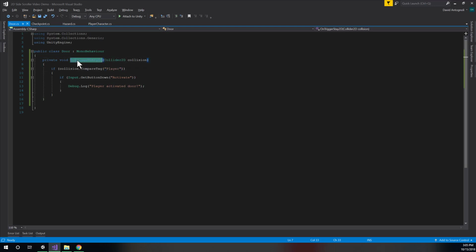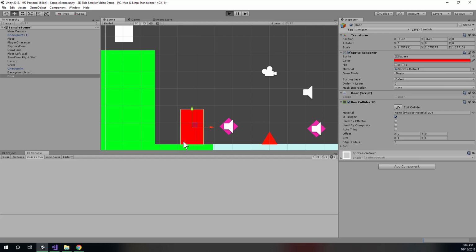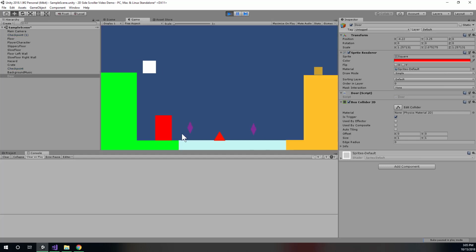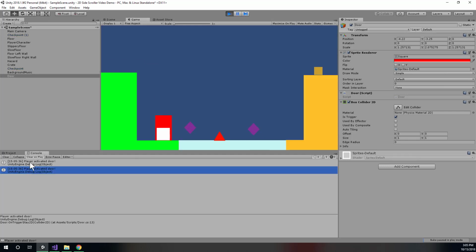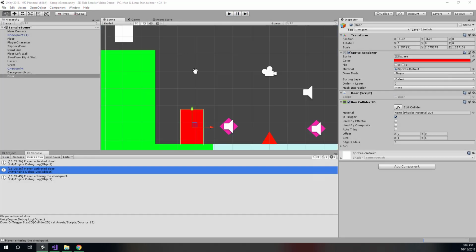So since there are two, that is why it's actually getting called twice whenever I activate the door here. It may not actually cause you problems, but it may also, and I don't want to leave that kind of a bug in my game. So let's talk about how to fix it. There are a couple ways. Like one thing I could do